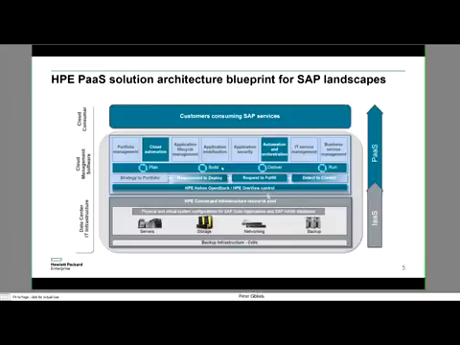The topic today with Operations Orchestration and SAP is in the area, as I mentioned before, of request to fulfill. We talk about cloud automation and automation orchestration. How can customers consume SAP services? We did this in the last webinar with our Cloud Service Automation. Then we are working on Helion OpenStack and OneView. These are components that link to the underlying HPE converged infrastructure resource pools, but also to third-party pools, and then again to the SAP side. So there is a larger reference architecture behind the scenes that we are working on.